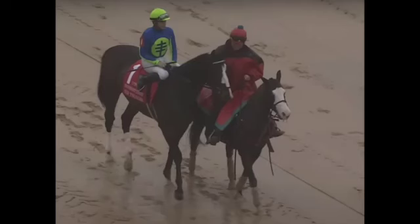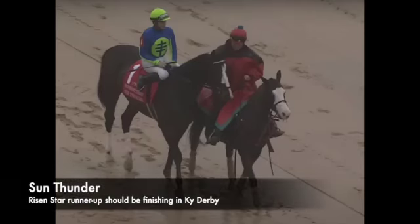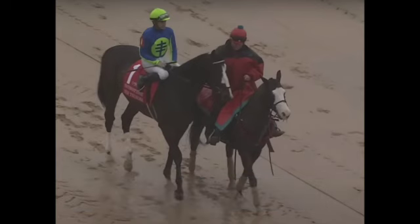And then in his last 2 starts, the Louisiana Derby, that race didn't set up for him. He ended up finishing 5th. And then in the Bluegrass Stakes, he was an okay 4th last time out. So he's shown enough on the track to be considered an exotics contender. I think he's got the pedigree and the right running style to finish somewhere in the money in the Kentucky